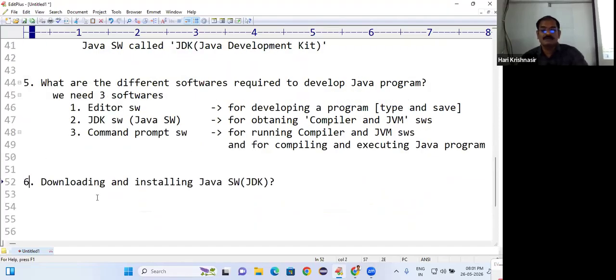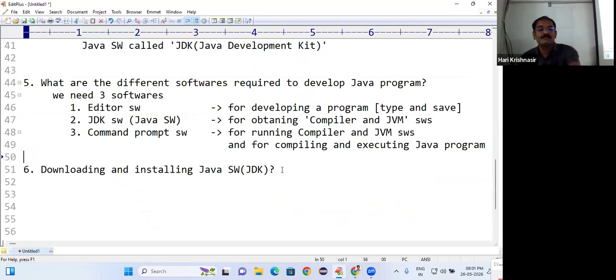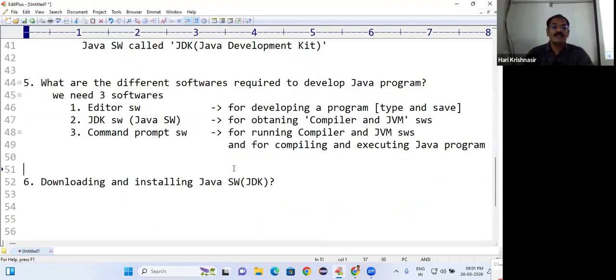Write down 6th point. Take this heading. Tomorrow we will install Java software. In our system, by default, in a Windows system,